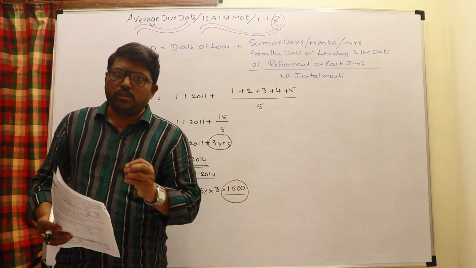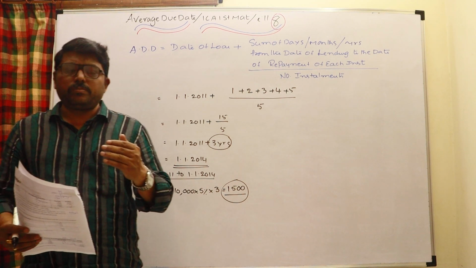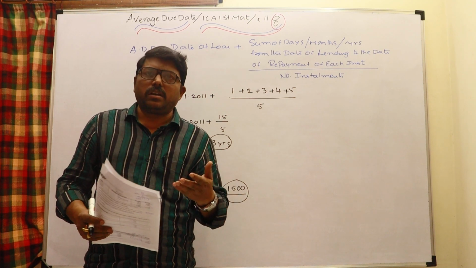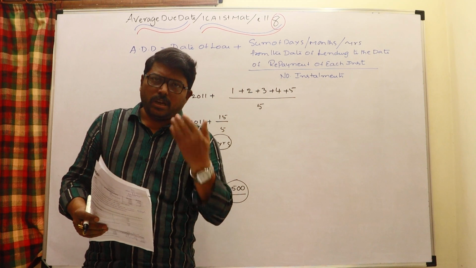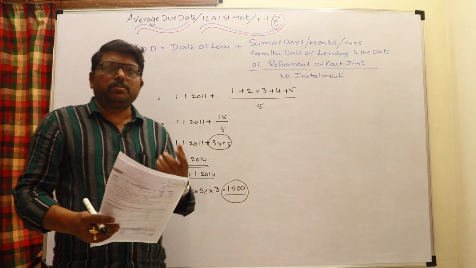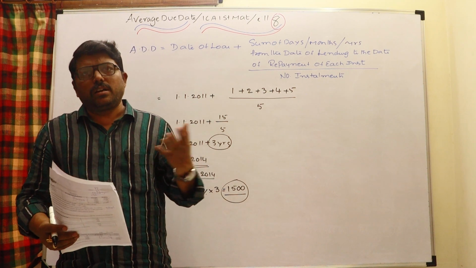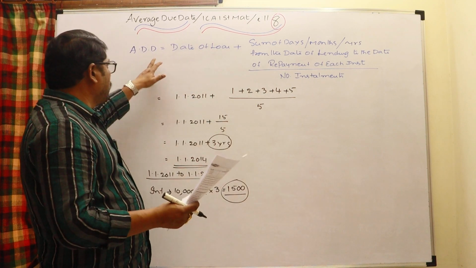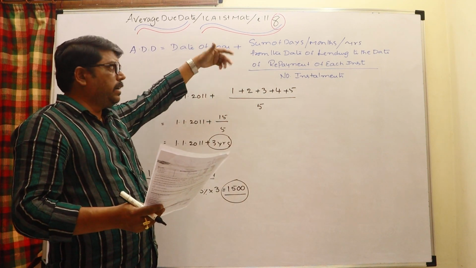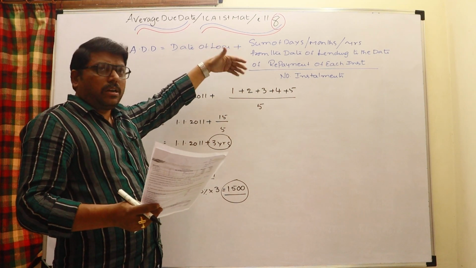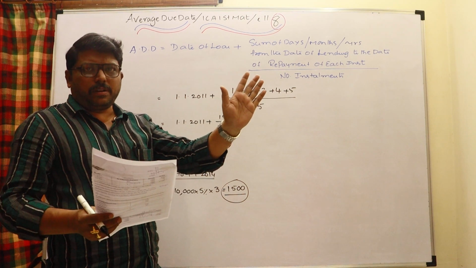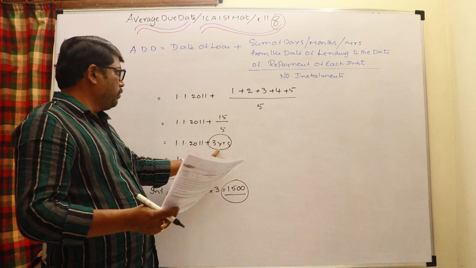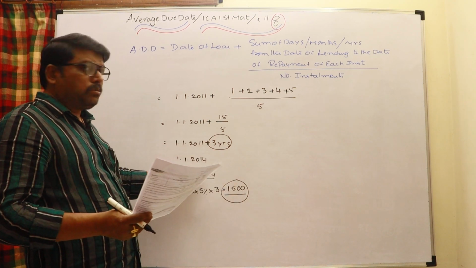I repeat once again, just within 2 minutes. Whenever you have taken a loan or given a loan and you want to repay in a number of installments with equal amounts, how do you calculate the interest? You need not calculate a number of times. You can calculate the average due date by a formula and simply calculate interest once. Or if you calculate 5 times and add all this interest, the total interest will be the same. How to calculate? The date of loan taken or loan given, plus, in the numerator, the sum of the years, days or months from the date of loan to each repayment installment, divided by the total number of installments. Then you get 1/1/2011 plus 3 years; the average due date is 1/1/2014.